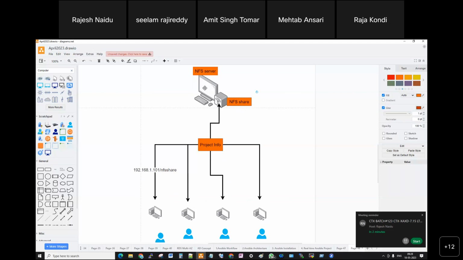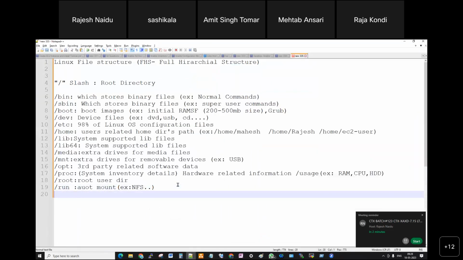How are they connecting? The NFS share has an address path, and with the help of the IP address they get connected. The address path is the same for every user. Correct.